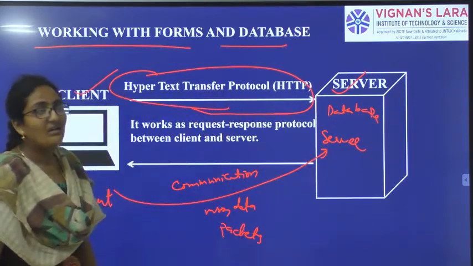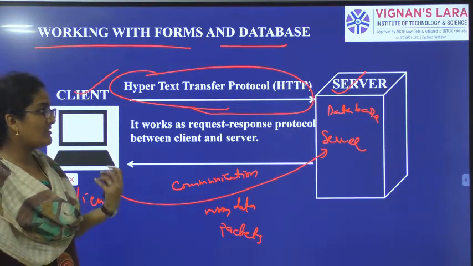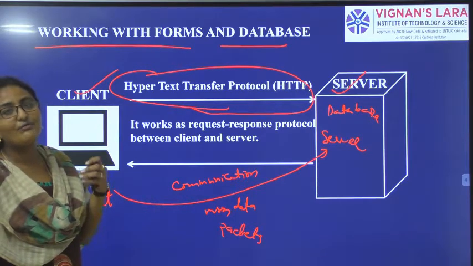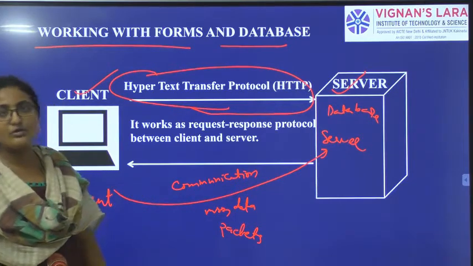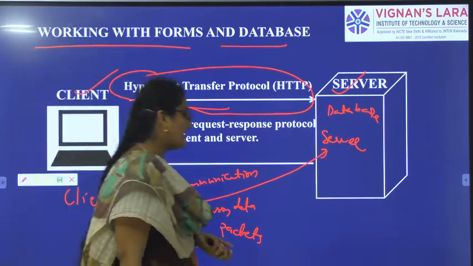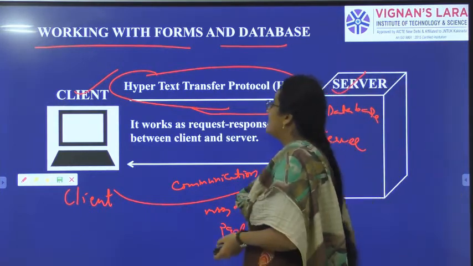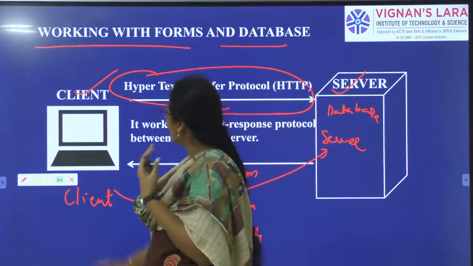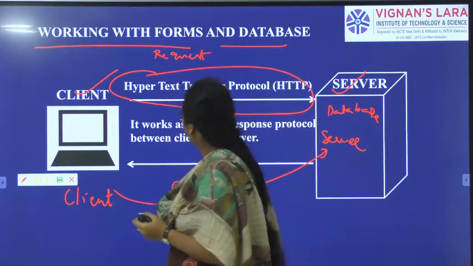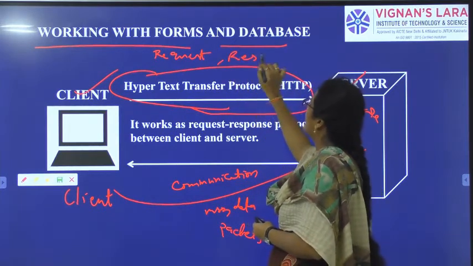Generally what we will have? Generally we will have a sender, we will have a receiver. So sender will send something, receiver will receive it. Whatever the receiver wants, he will request the sender to give that. General phenomena. But here we are talking about the forms and databases. So obviously we need to collect the data from database. So to collect the data from database, we must put the request. So getting the data from database is response.